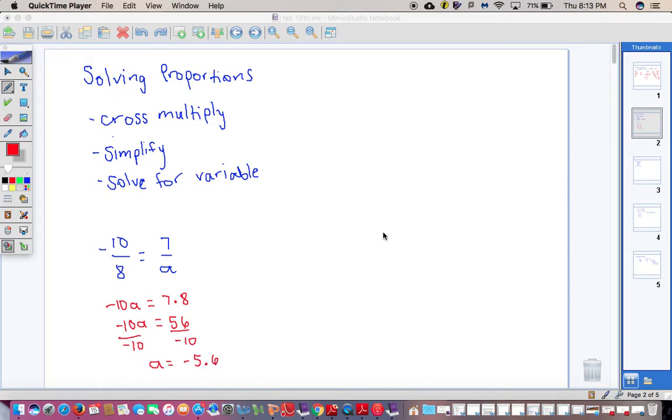Okay, if you have a proportion where you have a binomial in your numerator or denominator, you're going to need to first put parentheses around that. We've done a few problems like that in class, but if you had one, and I'm just going to make one up, I don't know if it's going to work or not, but if we had 3 minus x divided by 2, and that equals